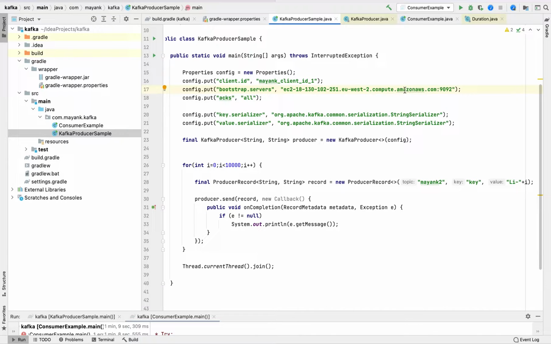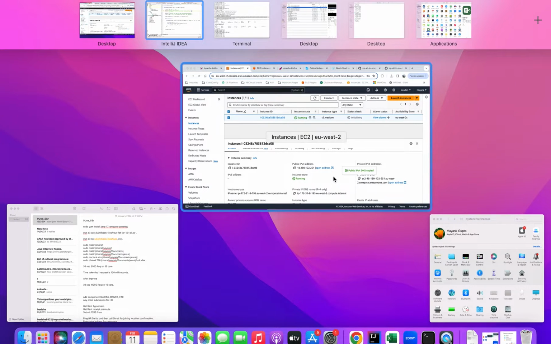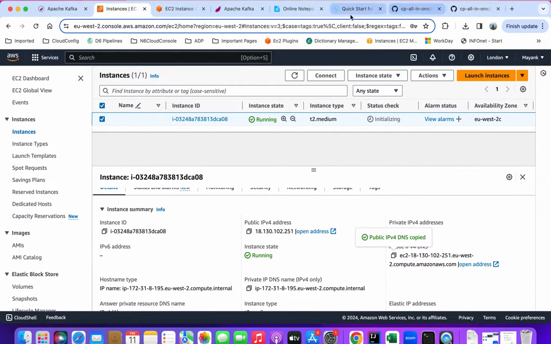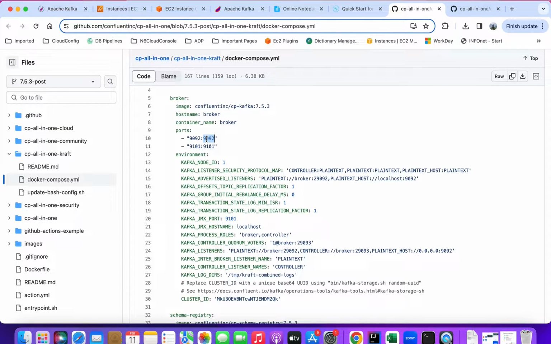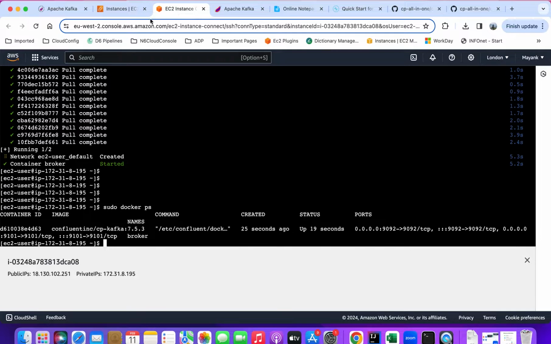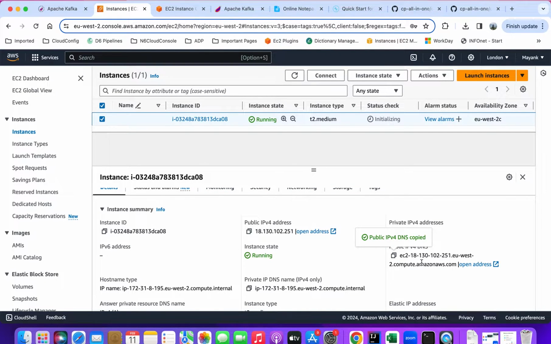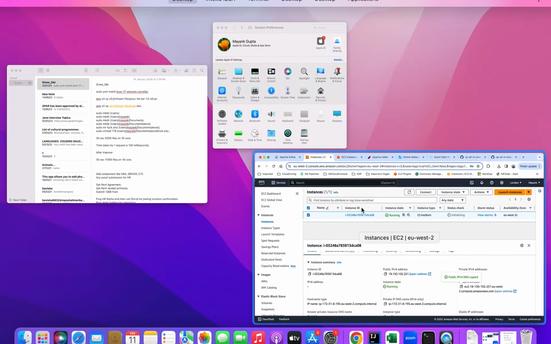Okay, so this is the host name that I have pasted. This is the port that is going to be the default for this case, because in the configuration we are using this port only. So you can see this is the port that is exposed to connect to this cluster, and that's why we are setting up this port. So let me just quickly again verify that's the host name that is set up,